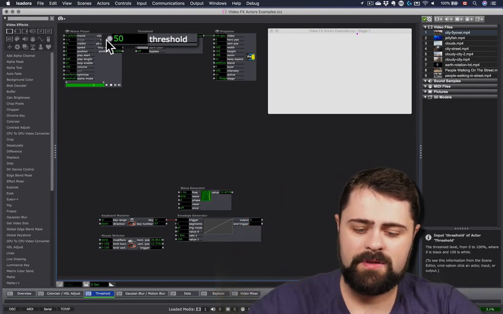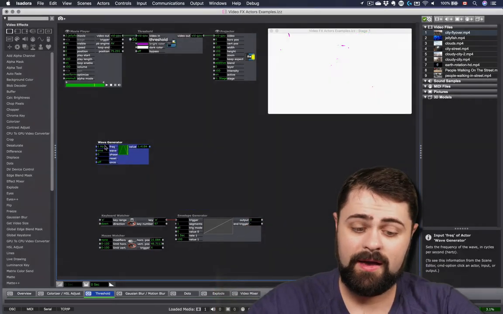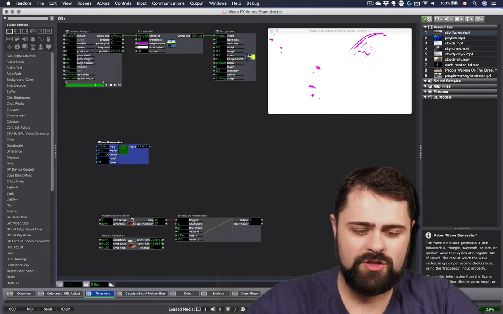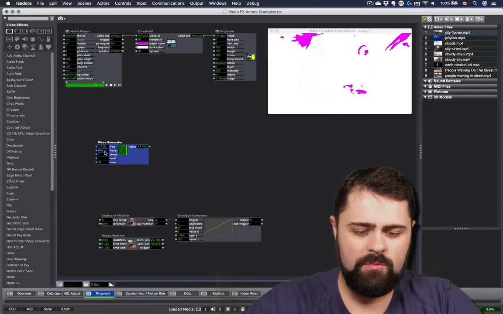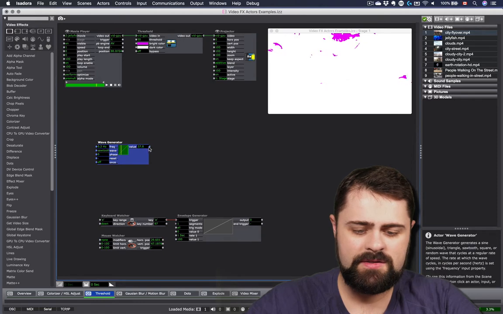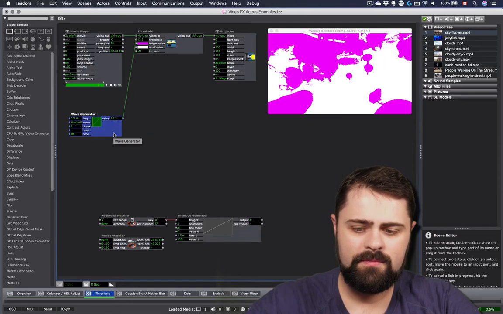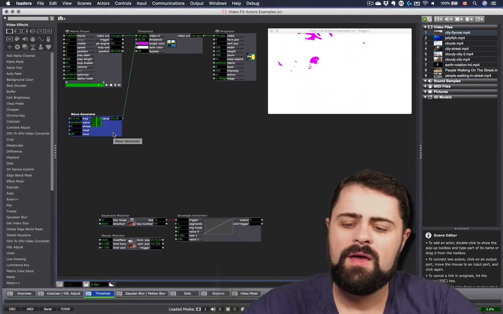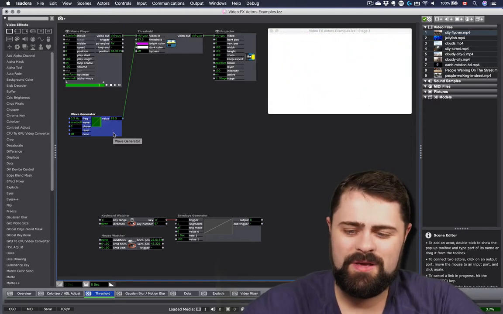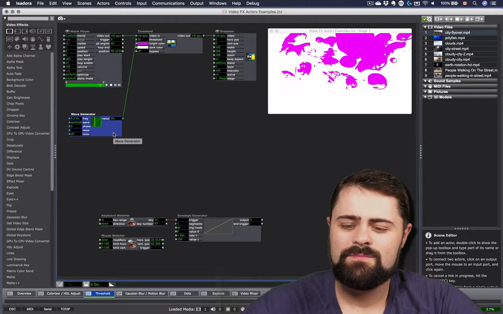So watch what happens as we plug in again, we'll get a slow moving wave generator, and we'll move this one to a sawtooth phase so we can really see it, and connect that to the threshold. An interesting reveal and disappear.